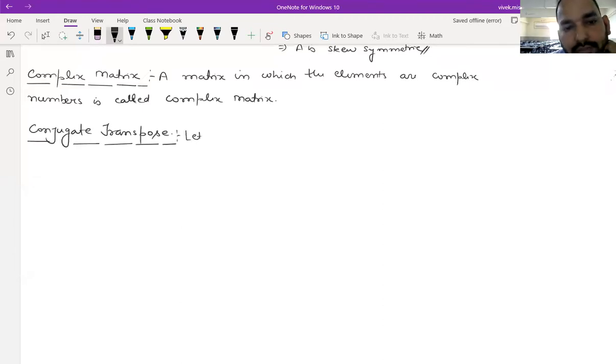So let A be a square complex matrix. Then